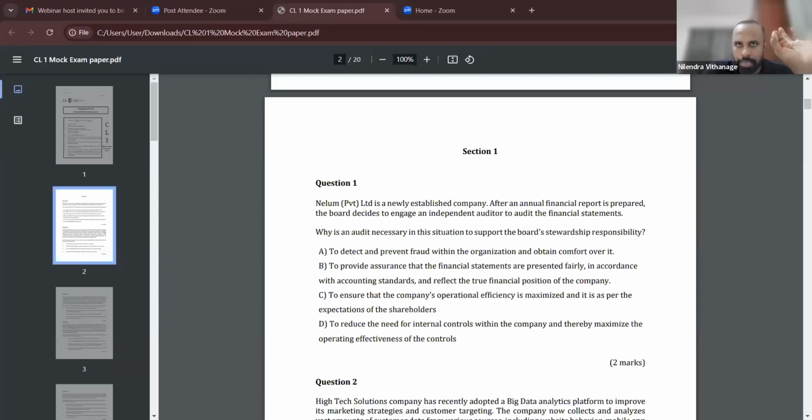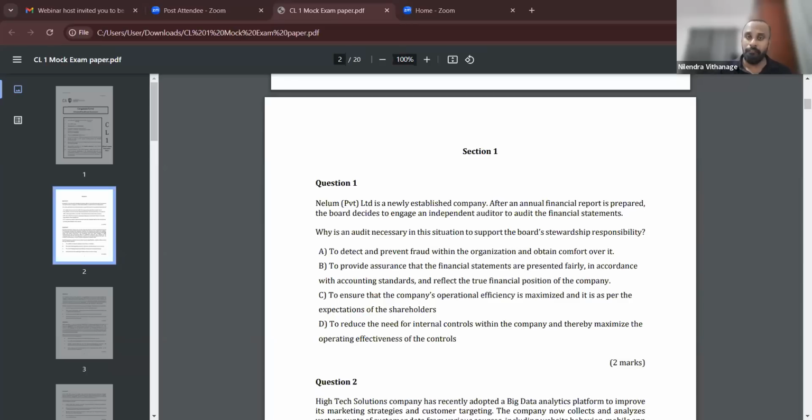Board of directors are the stewards of shareholder money. On behalf of the shareholders, the board acts as the agent and they are the stewards of shareholder property. They manage shareholders' money, which is known as stewardship. So the board of directors are accountable to the shareholders. We call it, students, accountability. They are responsible for their actions. They should justify their actions. So they manage the shareholder property, the shareholder money.